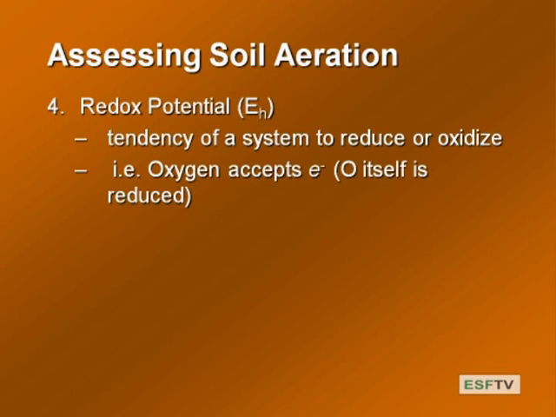And remember what reduction is. A system reduction is the gain of electrons. Oxidation is the loss of electrons. And we can measure that as a potential or a change in voltage. And oxygen accepts electrons, right? So oxygen itself is reduced. Oxygen is an oxidizing agent. When it gets the electrons, it is reduced. Whatever is playing around with oxygen in there, usually it's iron, that is oxidized. Offload the electrons onto oxygen. Oxygen is reduced, and the other substance is oxidized. Clear?